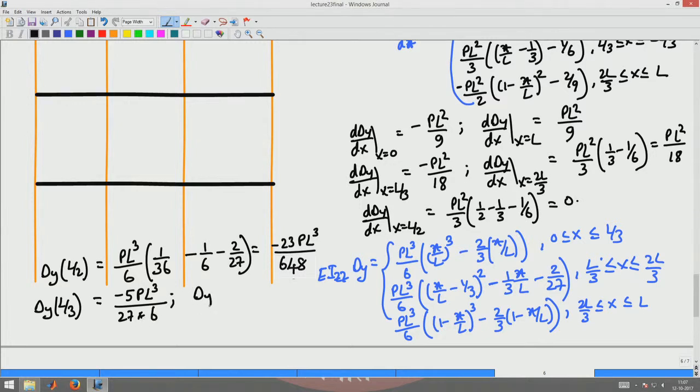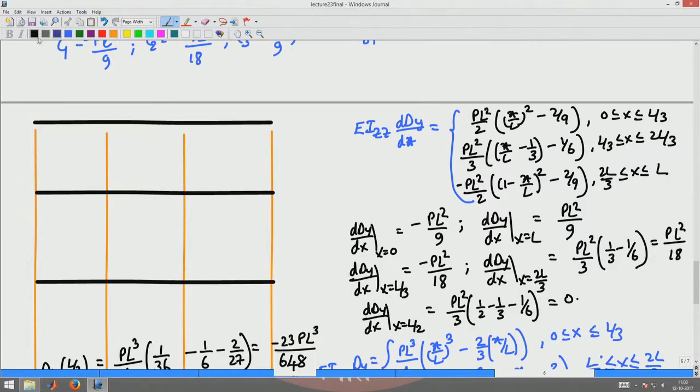Similarly, delta y at 2L by 3, substituting x equal to 2L by 3 in either this equation or this equation, you will get again minus 5 PL cube by 27 into 6. Okay. So, now let us draw the deflected shape for this beam subjected to 2 point loads P